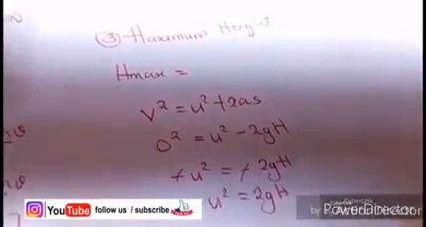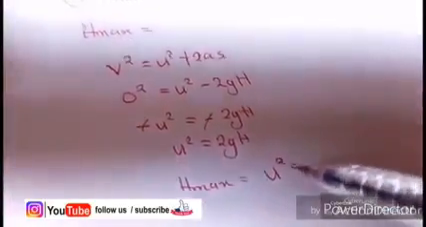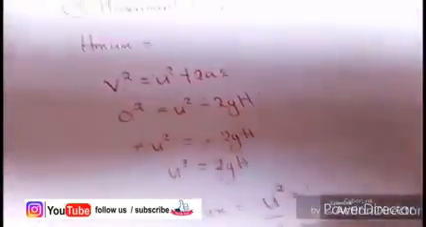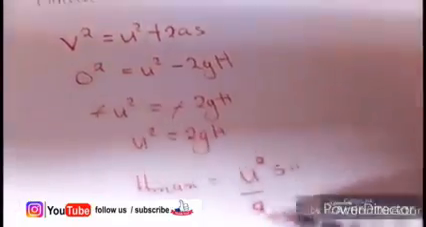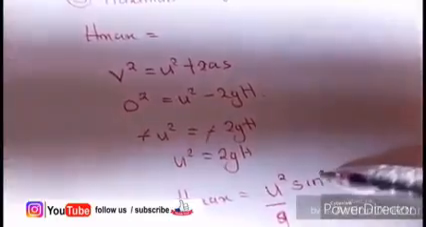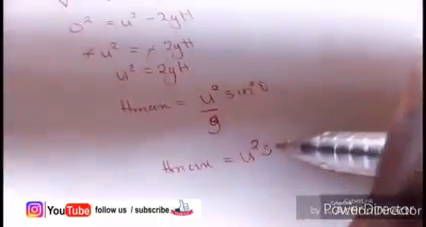So the maximum height of the projectile, we have u square over g. U square all over g. So you add the other component to it, that's just sine square theta. So we have maximum height to be equal to u square